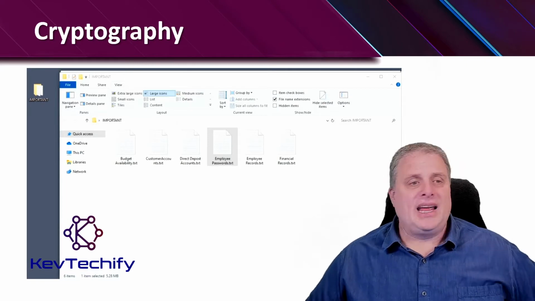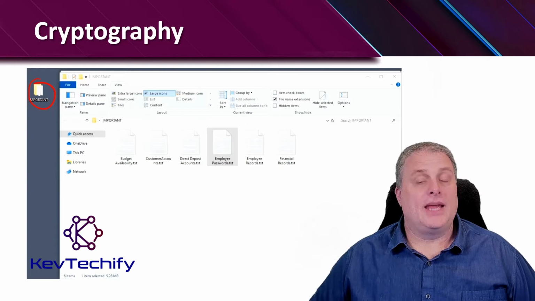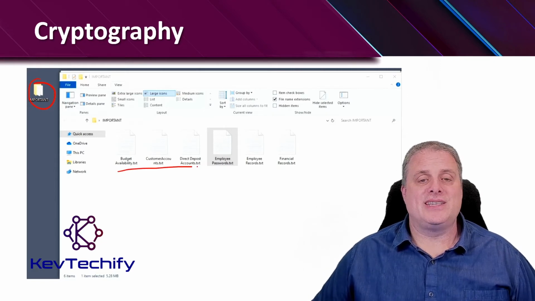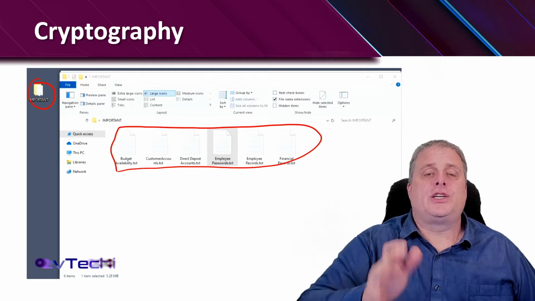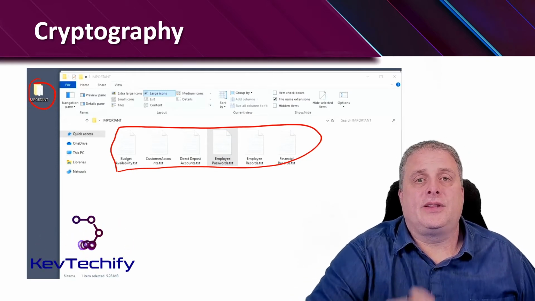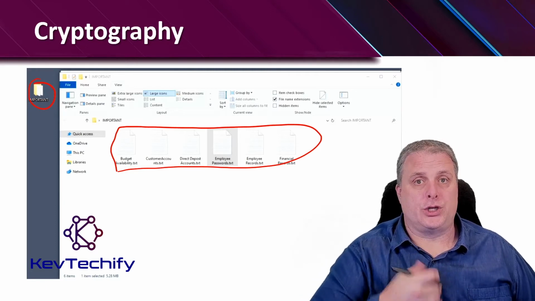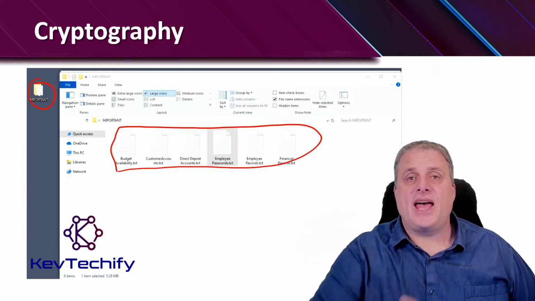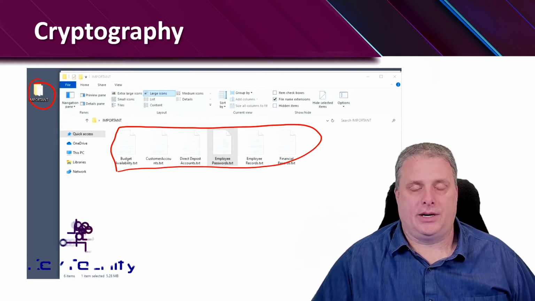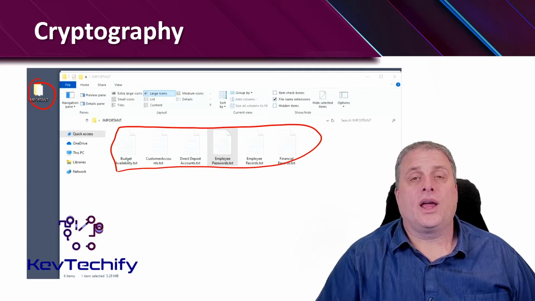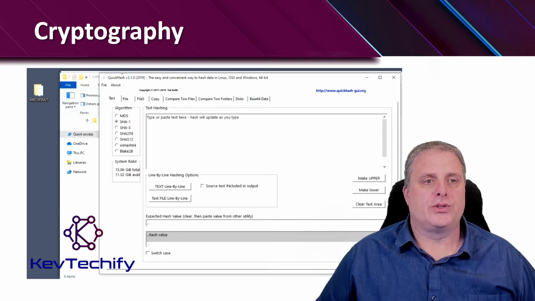To start with, I have this folder on my desktop titled Important. And in this important folder, I have these 6 files right here. Now, how do I make sure that these files have the data in them that they should and haven't been maliciously changed since I last used them? That is called hashing, part of data integrity. What I can do is open up another program. For example, here, I'm going to use Quick Hash,